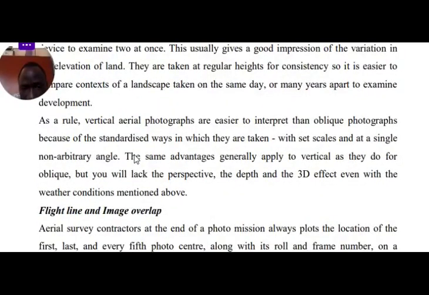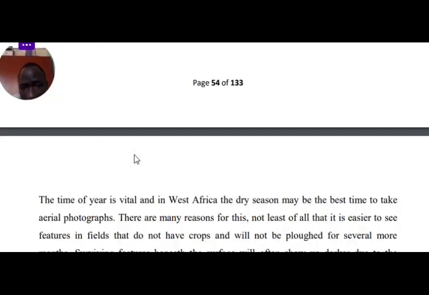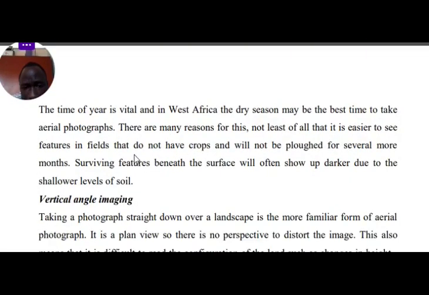When we push on, we are going to be seeing another thing where they talk about the vertical